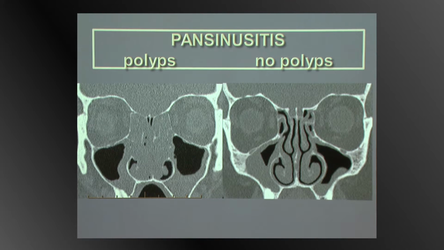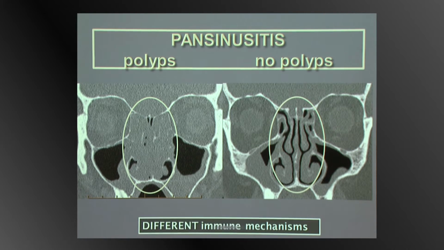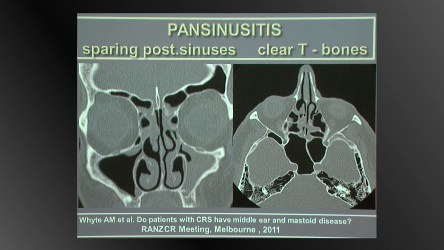Pansinusitis, and again you would say pansinusitis with or without nasal polyps, but with very bulky turbinates, so those turbinates are inflamed, that's rhinitis. Different immune mechanisms. And the reason I made that comment about the association, you see, I could never understand this. I'd looked at these things for years and looked at thousands of them, and I thought, hang on, if